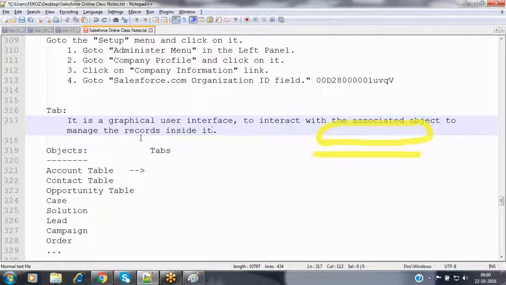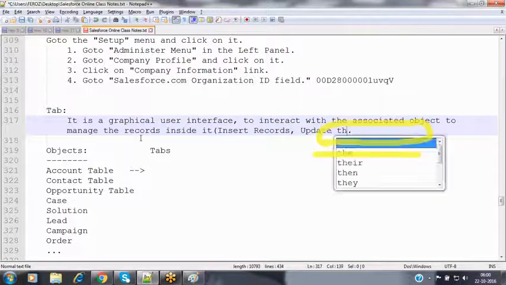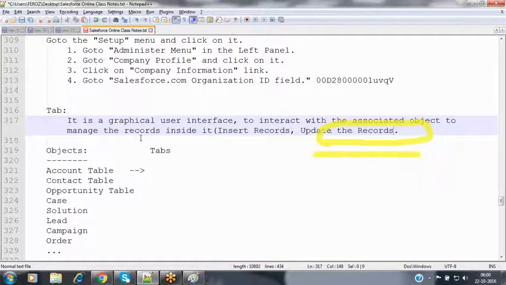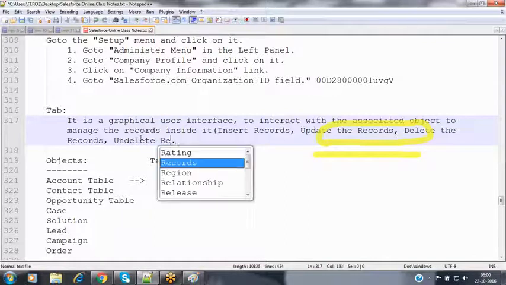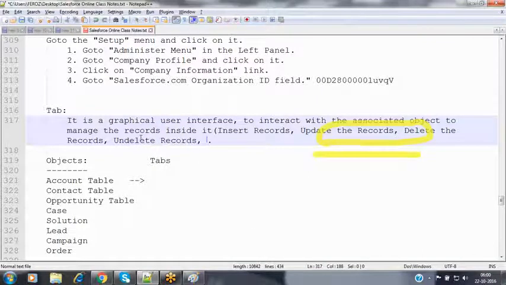So what kind of operations can we perform? We can insert the records, we can update the records, we can delete the records, we can undelete the records, and we can view the records.